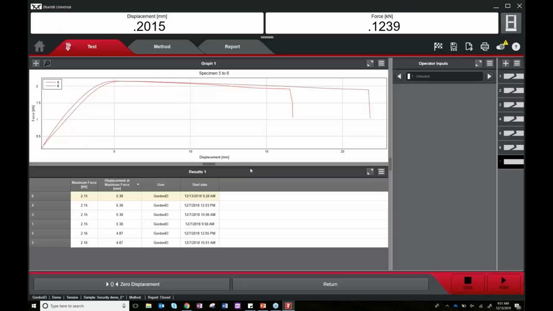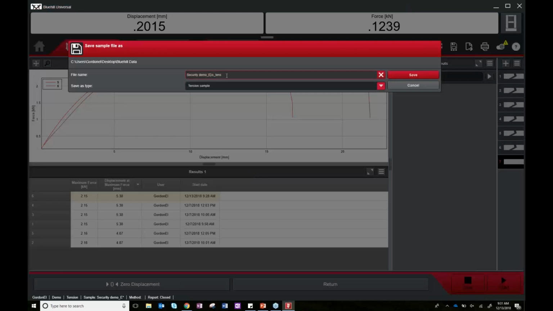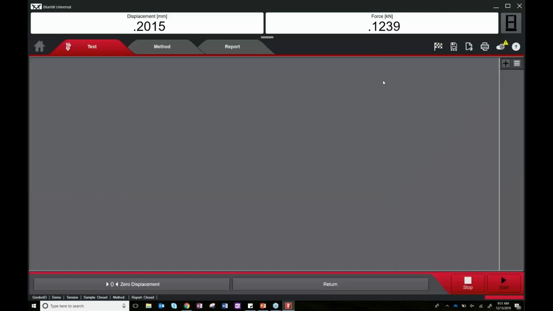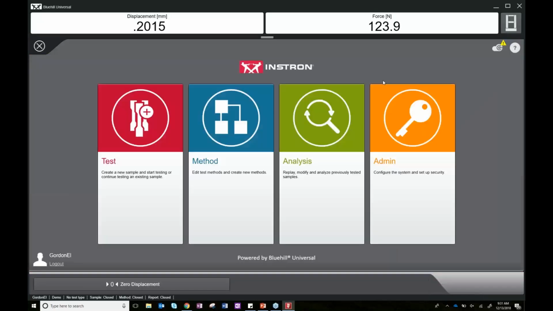I'll say save it, and now I have to uprev it, so we'll call this F, and save, and now it's actually letting me do the action that I wanted to do. So it just gives you an idea of what we're capable of doing by the more granular permissions within Bluehill